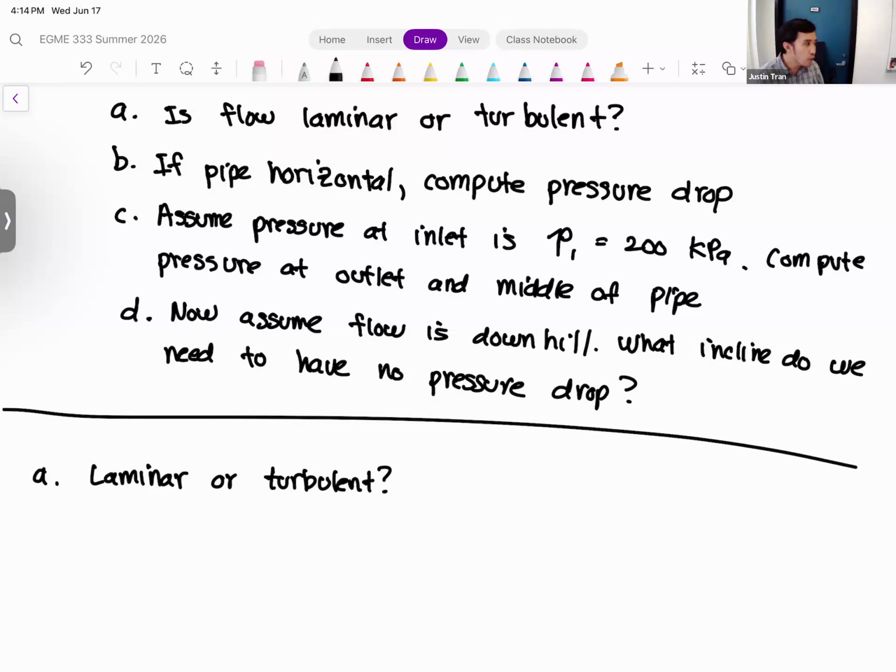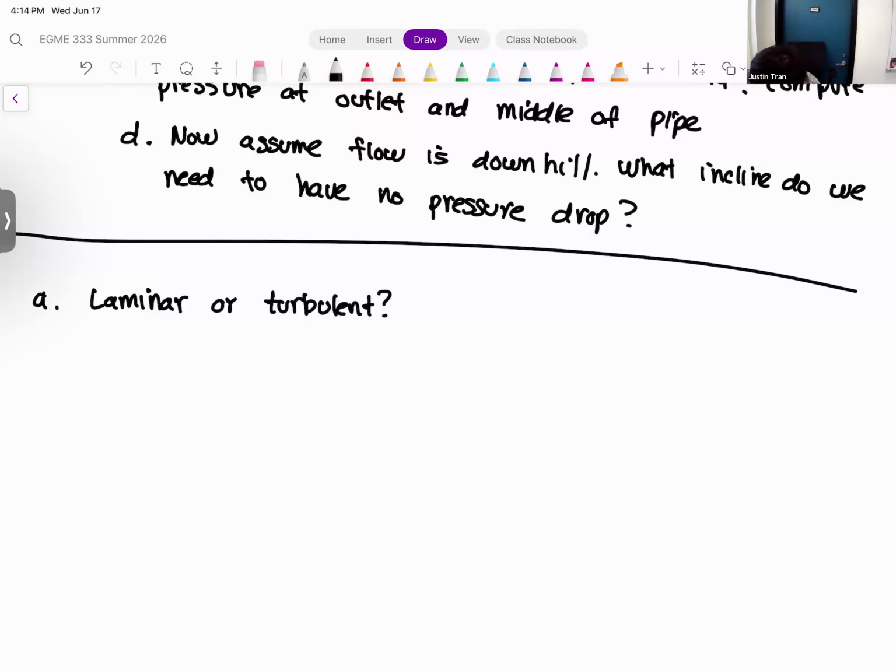Right, and so the only way that we can determine whether the flow is laminar or turbulent is to compute the Reynolds number. Okay. Right, so we're going to use Reynolds number is equal to density times the velocity times the diameter of the pipe divided by the viscosity. So we have everything here, right? So we have the density, we have the viscosity, the diameter, those are all given to us in the problem,